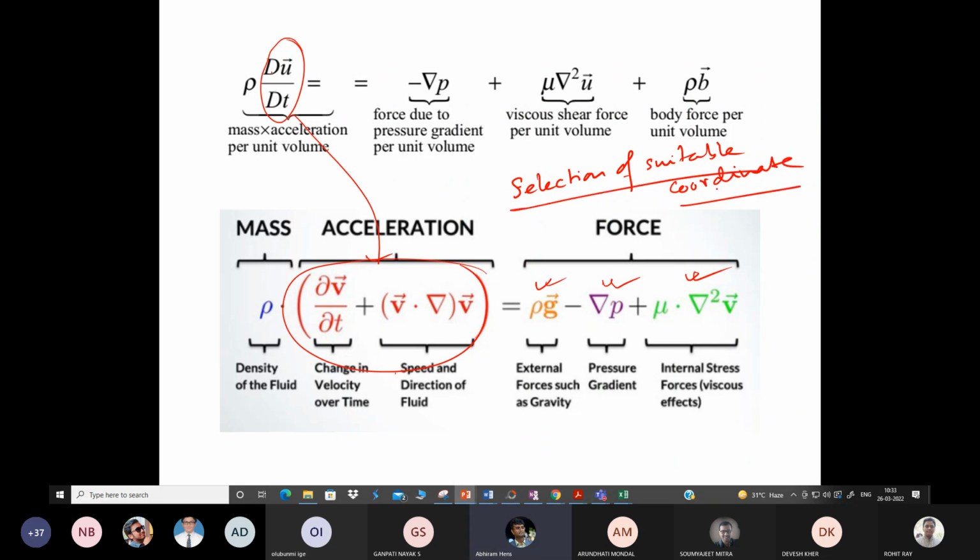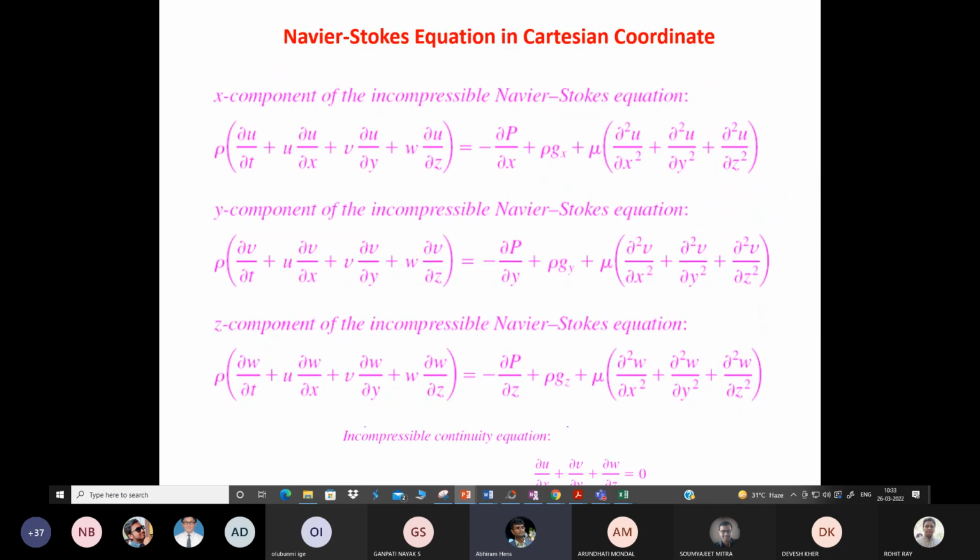Why is it important? Because based on that you need to choose that format. But before going into detail, let me show you the different formats that are applicable for the different forms of Navier-Stokes equation in different coordinates. So this slide is actually showing the Navier-Stokes equation in Cartesian coordinate. Okay, so Cartesian coordinate, you know that this is